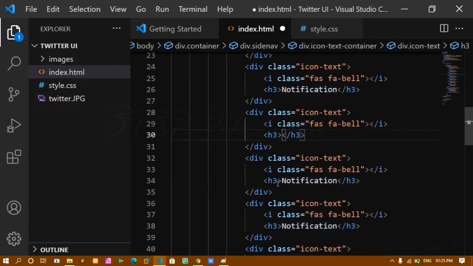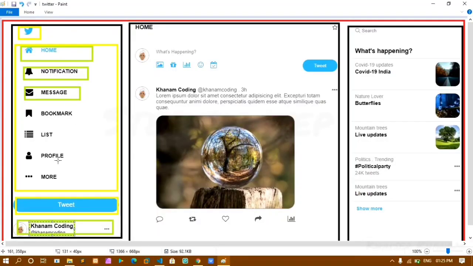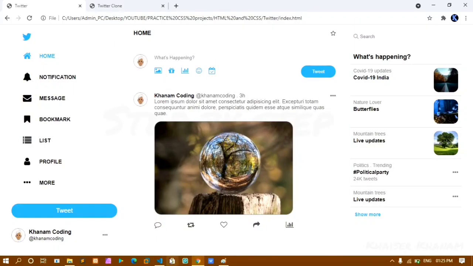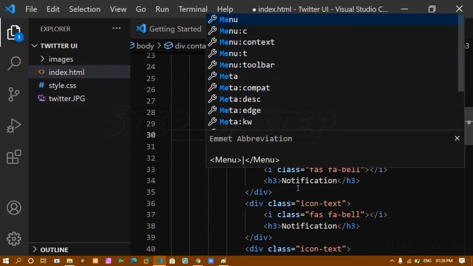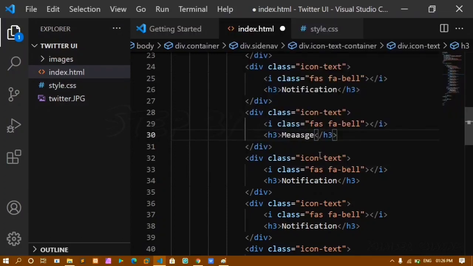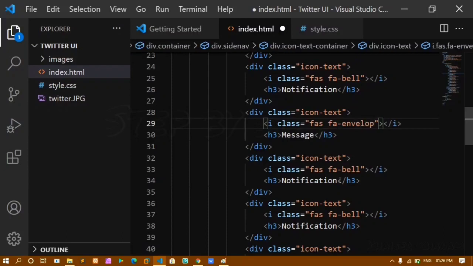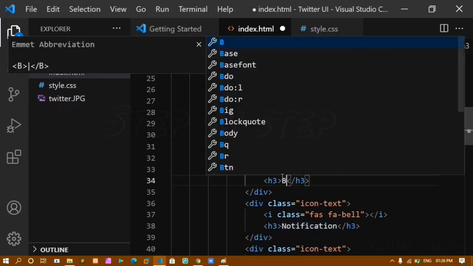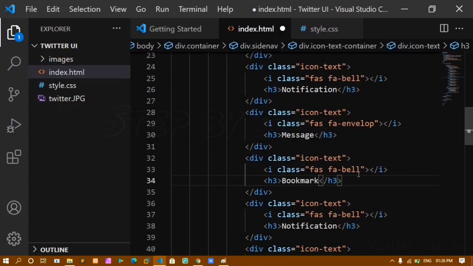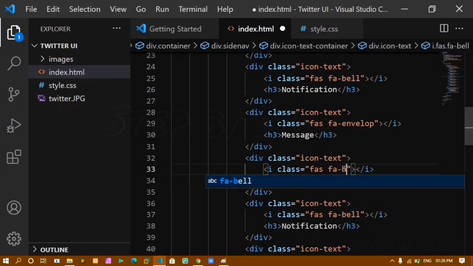Next, after notification I have message and bookmark. I'll write here message, and instead of this I'll write envelope. Here I have bookmark, and instead of this I'll write bookmark.